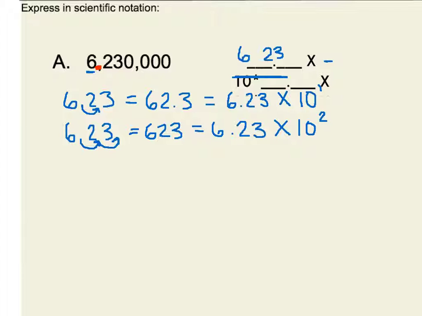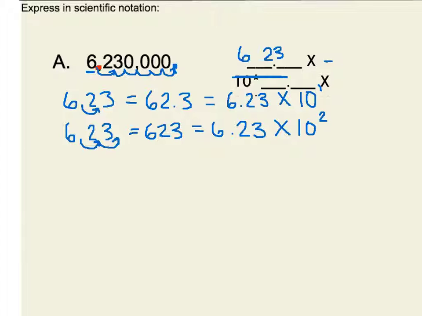Because a decimal isn't in my original number, it's implied to be at the end of the final digit. And now I can see how many places my decimal needs to be moved right. So 1, 2, 3, 4, 5, 6 places to the right